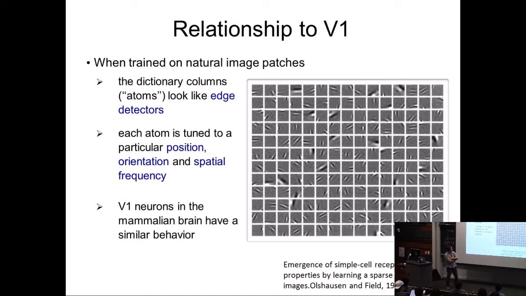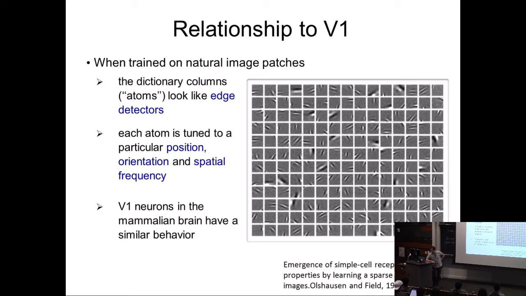And each atom here, each particular point here, is tuned to a particular position, orientation, and spatial frequency. So you basically had a lot of things that were tuned at different orientations, different positions, different frequencies. These are high frequencies, these are low frequencies, and so forth. So this is the kind of structure that emerged from